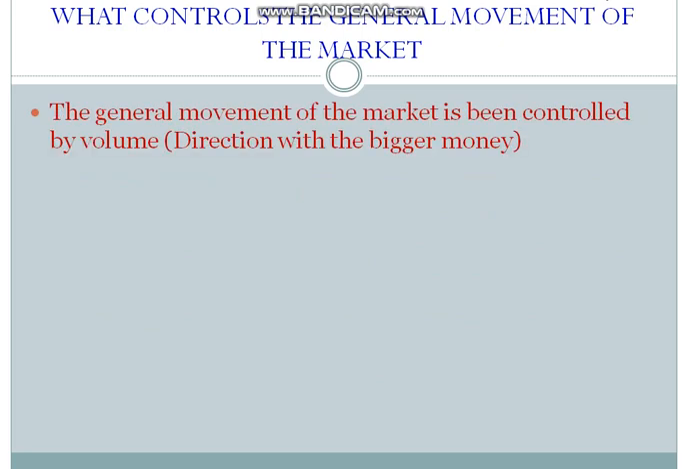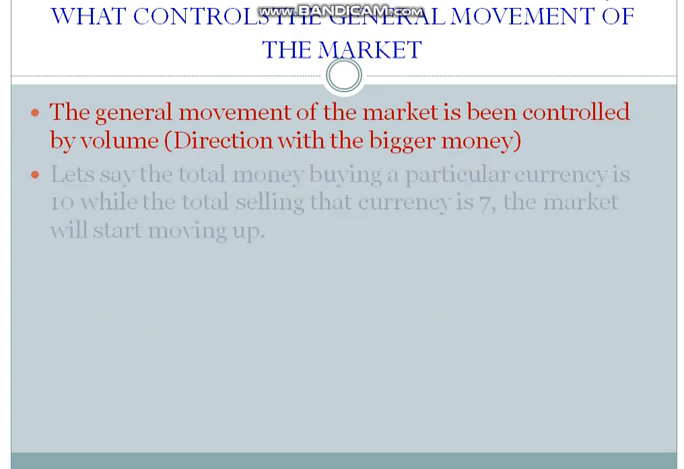What controls the general movement of the market? The general movement of the market is being controlled by volume, direction with the bigger money. Let's say